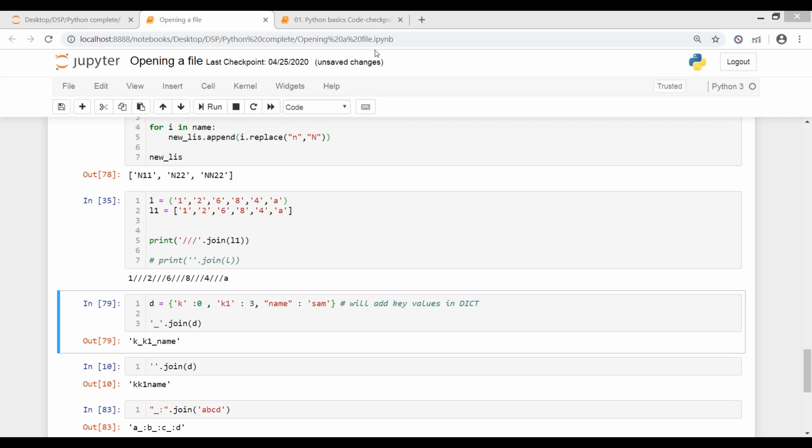No, this join command only works with strings, not numbers. If you want to join numbers, then you need to convert them to string and then convert them back to numbers. But it will not work on them directly. Ideally it doesn't work on integers. You need to do the type conversion if you want to join.